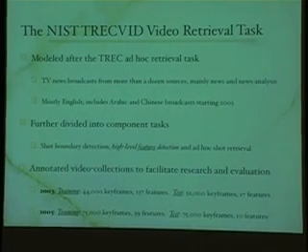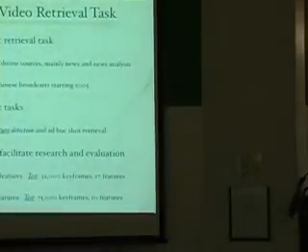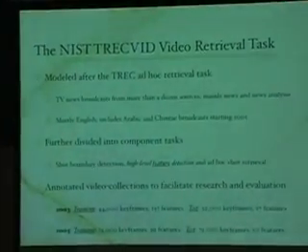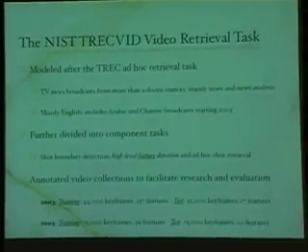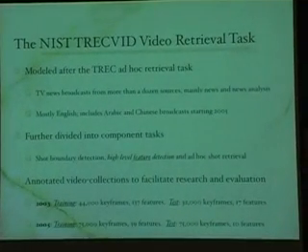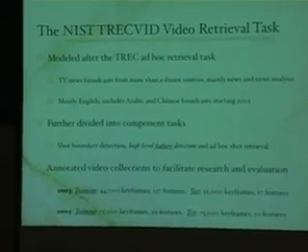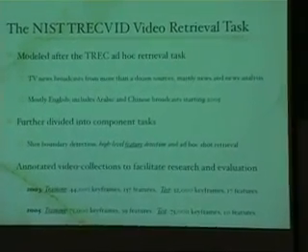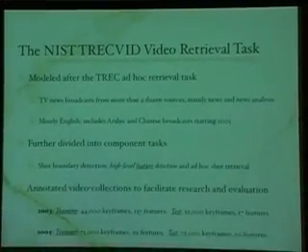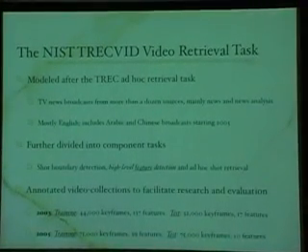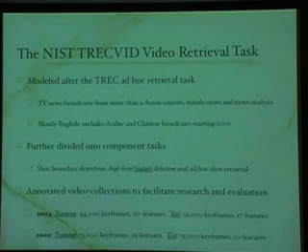They all try to use this information need specification and try to get documents from this collection. And post hoc, after everybody has run their systems, NIST puts together everybody's top few retrieved documents. And the person who was looking for the information then goes in and actually makes assessments, saying, yes, this document is useful to me, or this is not. So there's a real information need, there's a real user. It's not too far removed from what might actually happen in practice. So that's the model. And so they did the same thing.